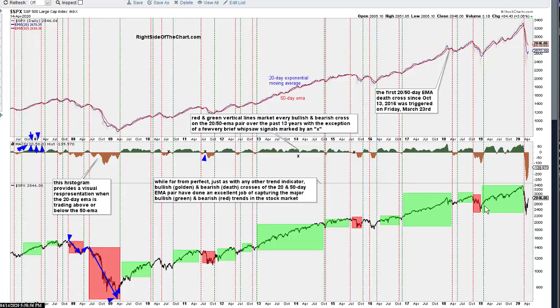We had a cross right here. It was bullish all throughout here. It gave you a buy signal back in early 2019, right after the lows, and remember that big drop in the fourth quarter of 2018, and this trend indicator has stayed bullish other than a very few very minor and brief whipsaw signals. So it does a really good job of capturing those, and where I'm going with this is